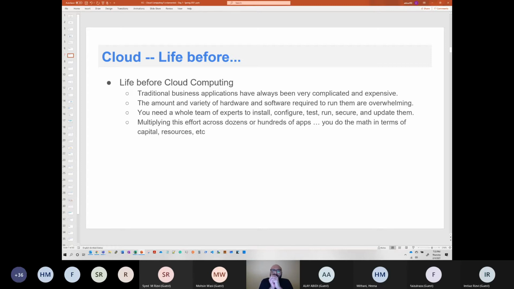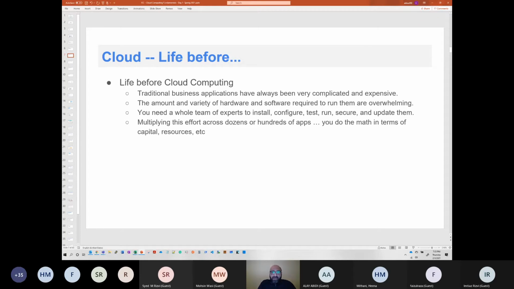So before cloud computing, traditional businesses used to have, and they still have, quite heavy investment in infrastructure. They either have server rooms in their office buildings, or they rent some space in data centers where they have their servers sitting. They make heavy investments in hardware and software, and manage it from end to end, from servers to the network, to the cooling and electricity and everything. That requires a lot of money and a lot of investment, and that's what life was like before